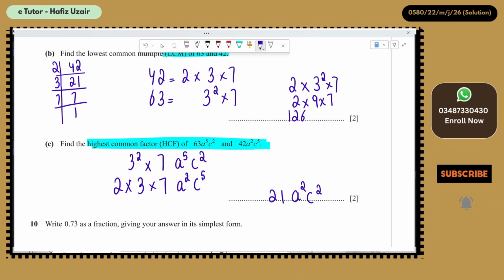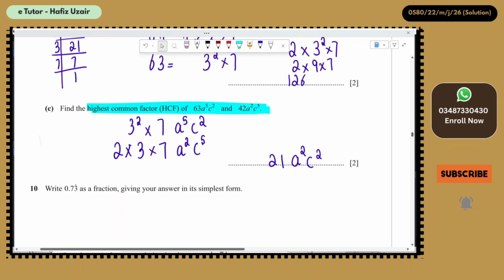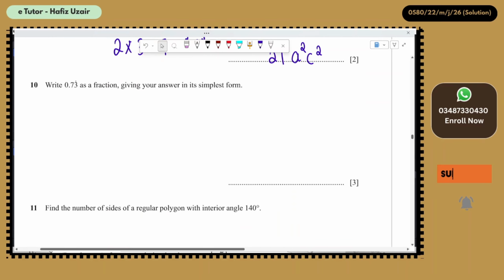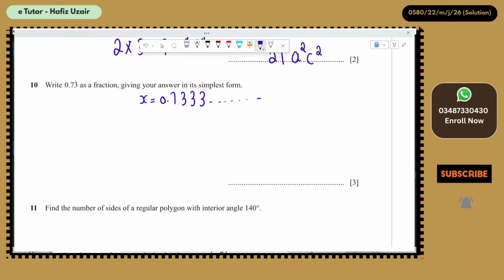Hopefully you understand this. Let's move to the next question, question number 10. You need to write 0.73 repeating as a fraction. Let's say x is equal to 0.7333 like this. Now you need to multiply x by such a number that you get one non-repeating digit on the left side of the decimal. So if I multiply x by 10, this becomes